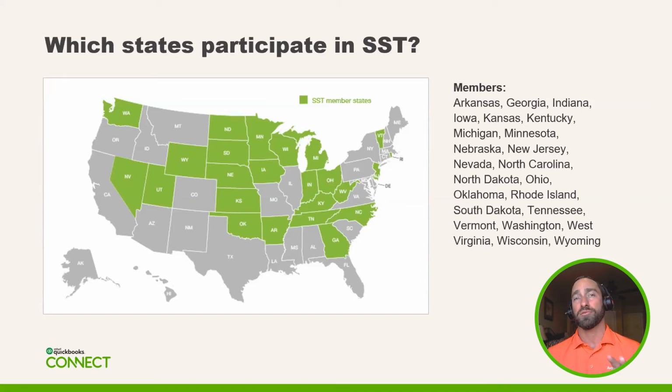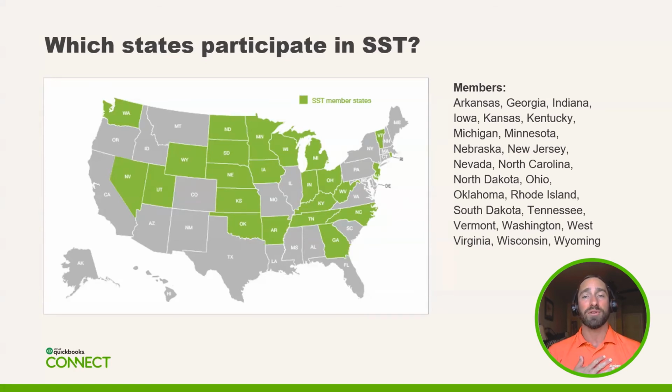So here's the best way I'll phrase it. Number one, in the green, the states in the green are the SST states. And if you're having to get registered in additional states solely due to economic nexus, meaning I never go to a state, but I now am passing a threshold, you want to keep this in mind. There's only 45 states plus DC that collect tax. So of the 46 states, 24 of them, so over half, are involved in the streamlined sales tax, and you can leverage Avalara for some benefits at no cost.